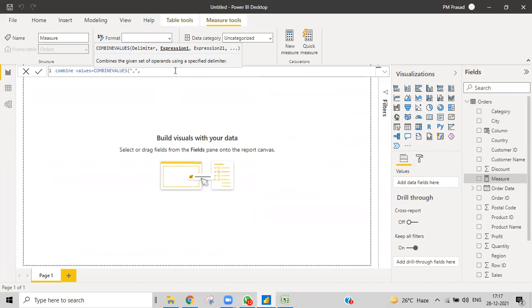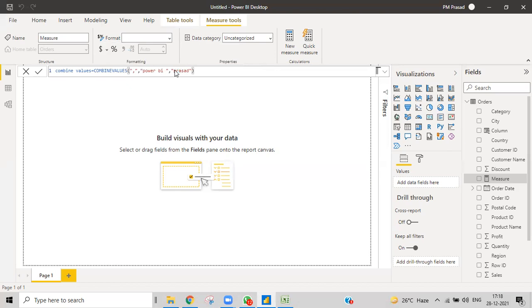So I want to combine a couple of values. I want to give text again. This is my text. And then again I want to give some text, then a comma, and then this text, and I will close it.